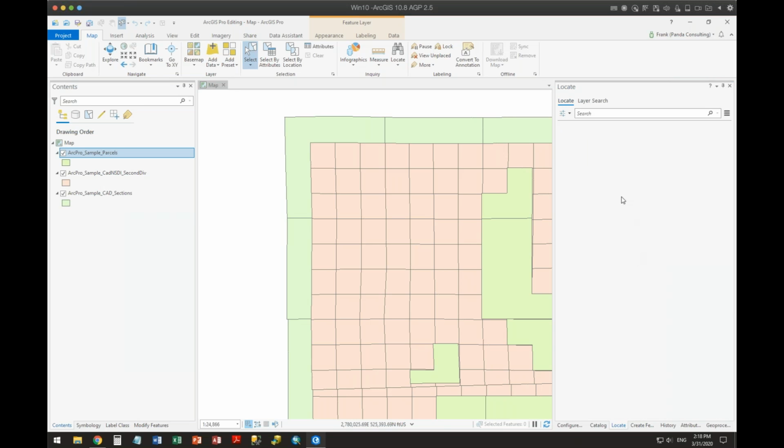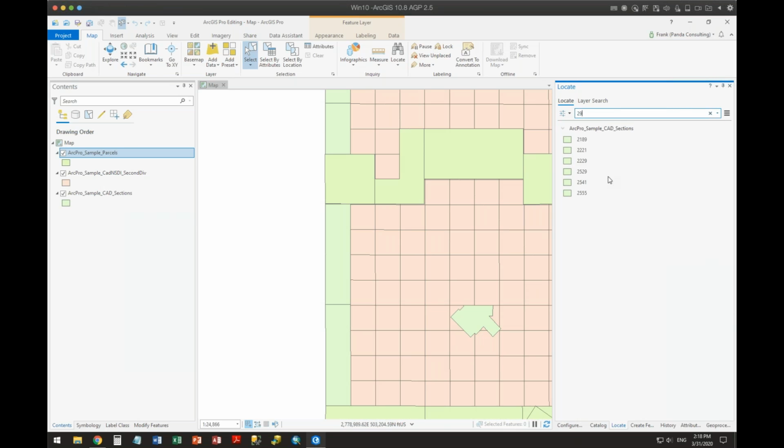So I now have set up that my find command is automatically set up so that if I go in here and type 29, it now very quickly goes and works through all of those fields and figures out what I had in there and will do complete searches for me.